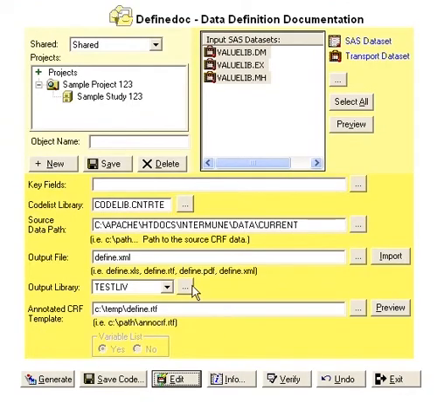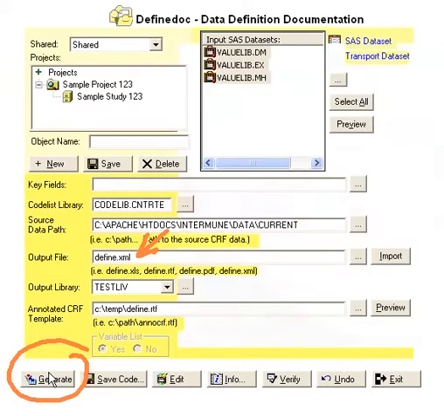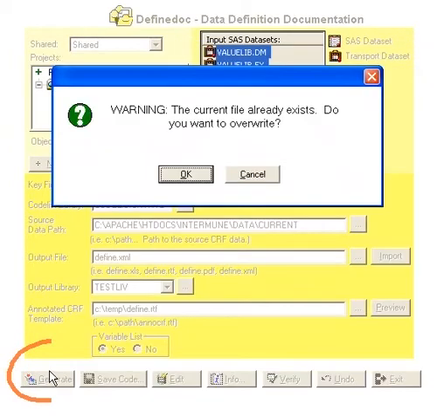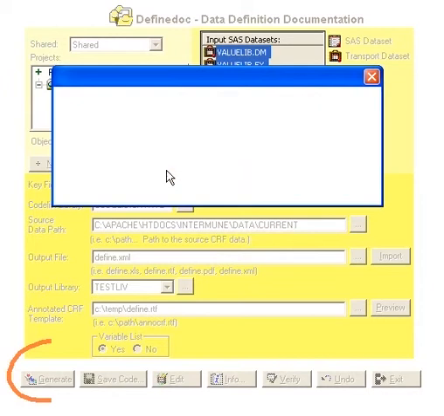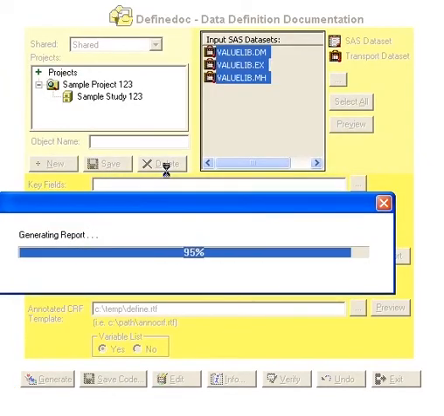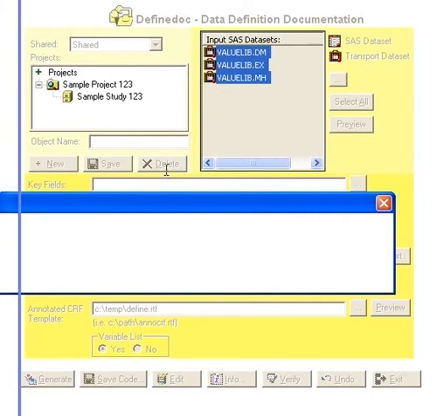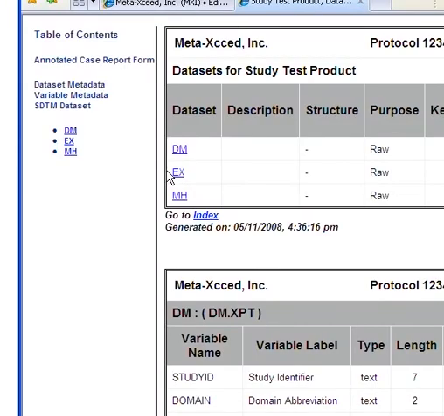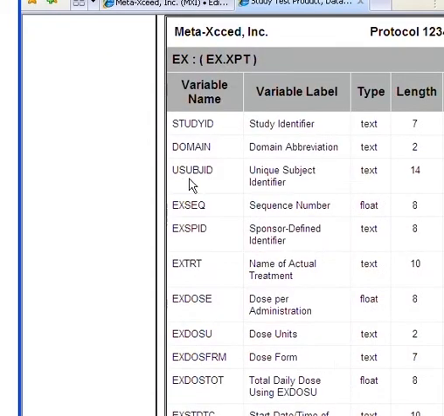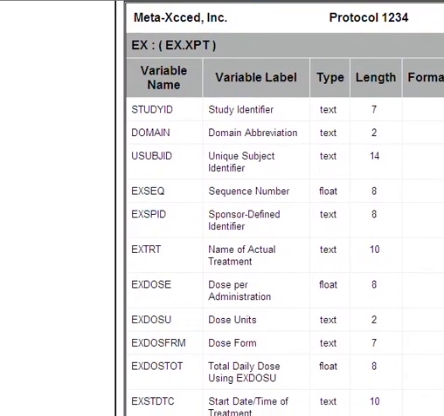have the user then click on the Generate button. Make sure that the Define.XML is in the output location. And so now that they have that as a nested variable, the next step would be to verify the output to make sure that, so in the EX case,